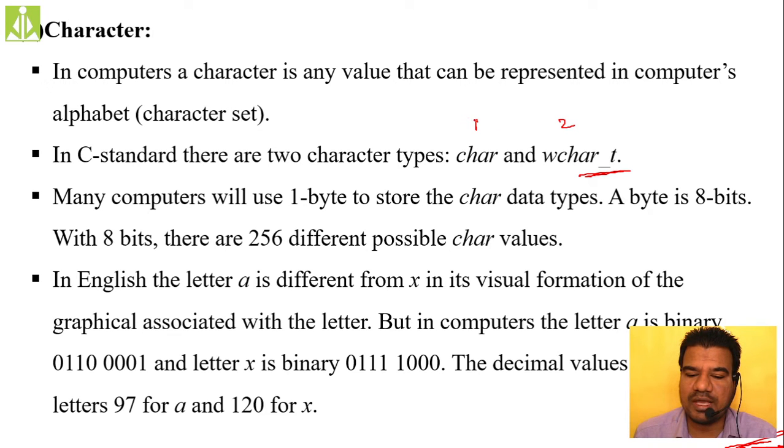1 byte, how many possible combinations? 1 byte in the sense how many bits? 8 bits. So that is 2 power 8 combinations, which if you tally out is 256. So 256 different values we can store using 1 byte, and your character will consume 1 byte of memory in your computer. If it is wide character set, 2 bytes, in the sense 16 bits. 16 bits in the sense how many range of values? 2 power 16, it is a huge value.